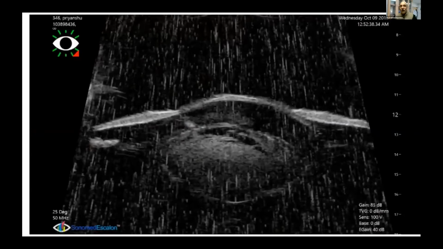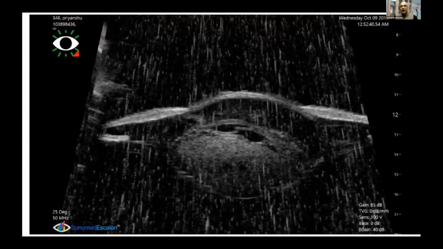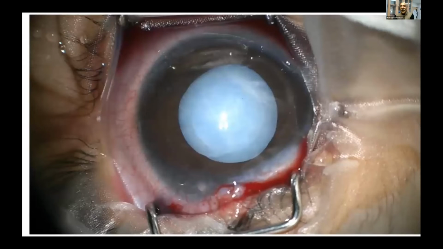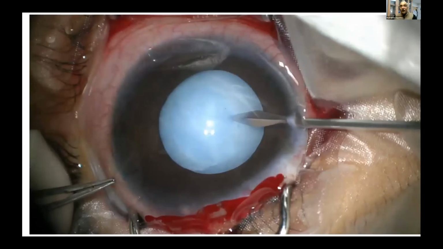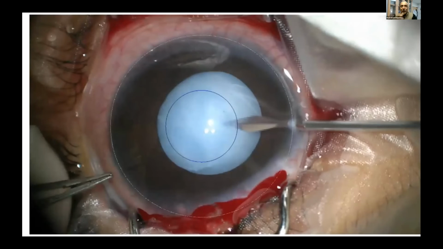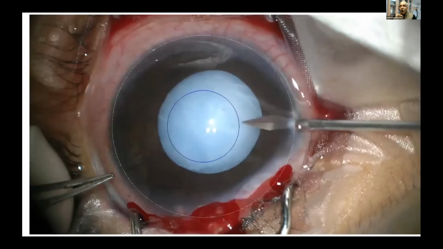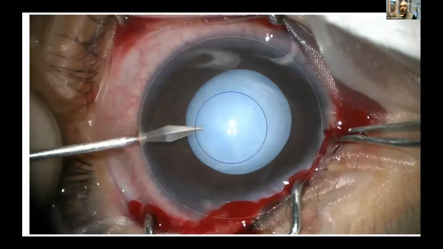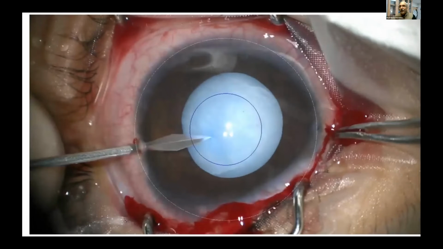So when we saw this patient on a UBM, we do UBM for all the patients, you can see there's an anterior plaque. So I can't do a nick and do a rexis in this patient. However good I am, I'm not a Superman. So what you need to do is you need to give a nick onto the fibrotic capsule,